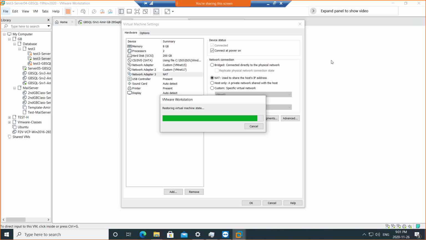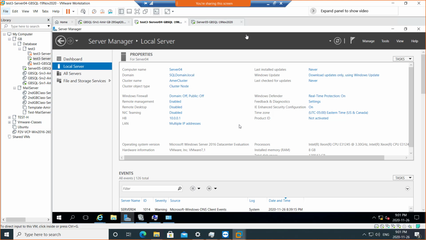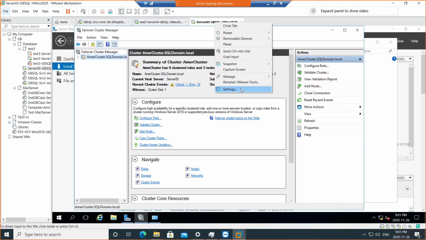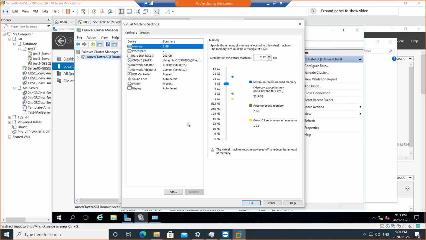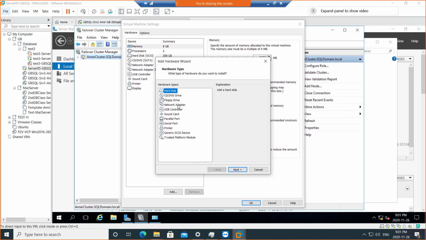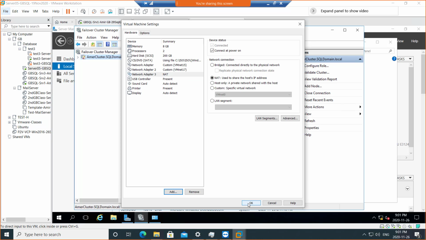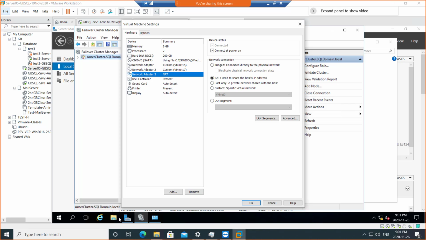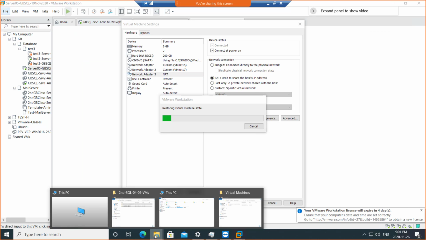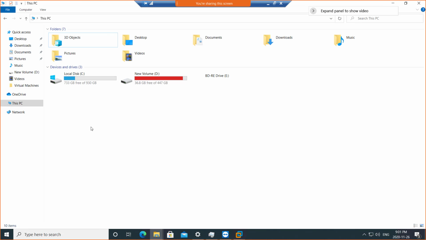Wow, it's thinking. Okay, it's added here on server 4. I'll go for server 5 and try to do the same thing. Add a third network card with NAT. Select network card, finish, and OK. So while this is still figuring out how connecting,